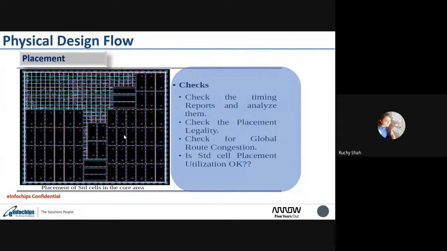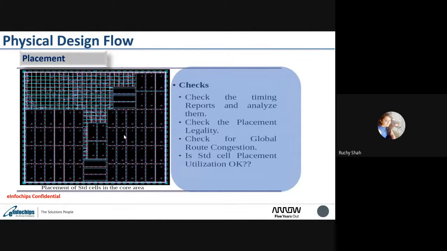So how can we say that the placement stage is done? To ensure that, we have to do some checks, which are called sanity checks. We check the timing report, analyze it, check the setup timing and so on. We check the placement legality, that all the cells are legalized, and that there is no overlapping. We also check for congestion, because all the cells are placed inside the core area, so we have to check that it will not create route congestion in future.